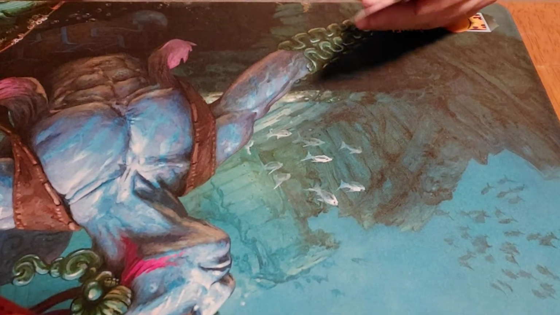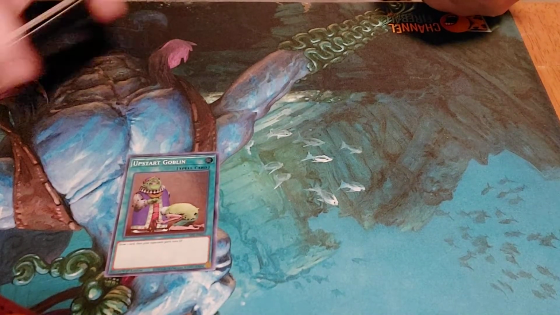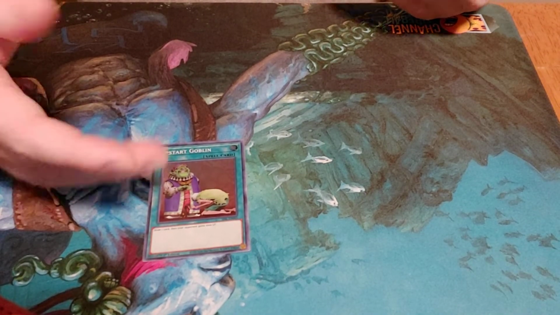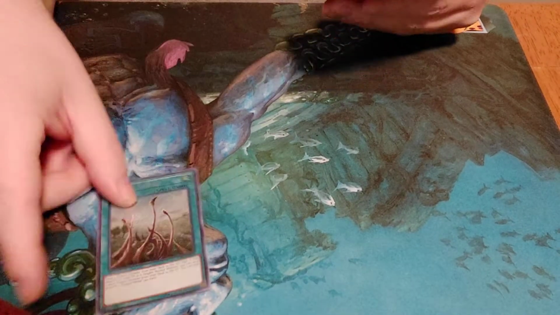Second Nebthet is the option. I still have that upstart. What's probably going to happen is I'm probably just going to buy another one of these, and then, because I think you can run 2 in GOAT format, just throw them in there. So there's that third Dragon Shrine,